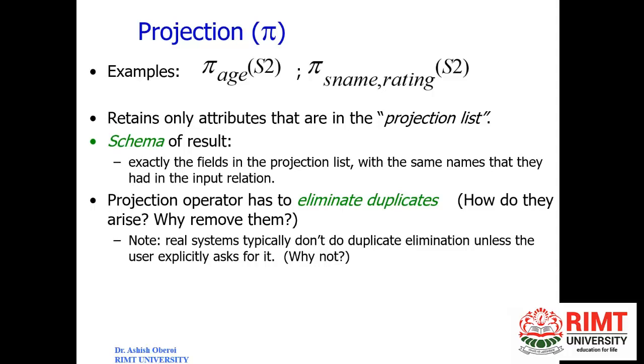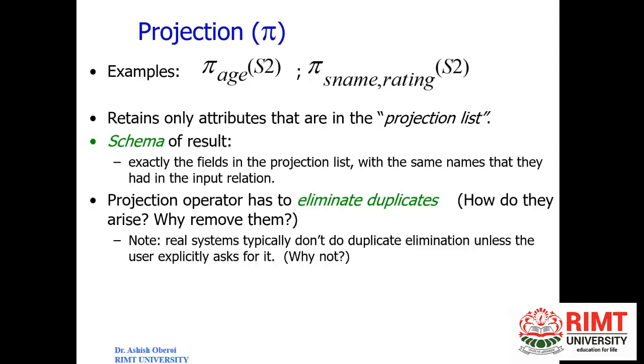So this will be another question in the examination. A query will be given to you, a sentence will be given to you. For example, display S name and rating from the relation S2. The examiner will ask you to convert this query into a relational algebra query, and then finally convert the relational algebra query into a SQL query. Clear? So that's how we'll do it. And yes, this projection operator automatically eliminates duplicates.